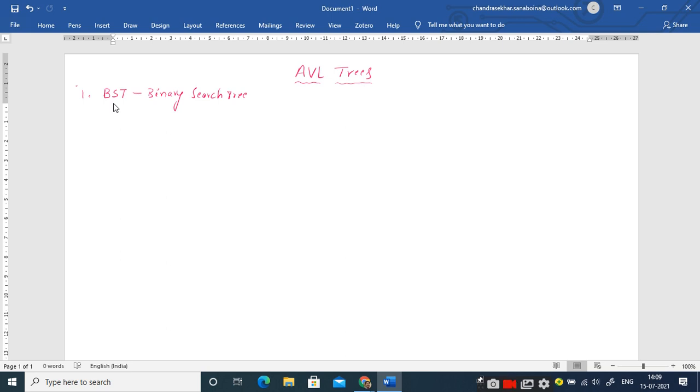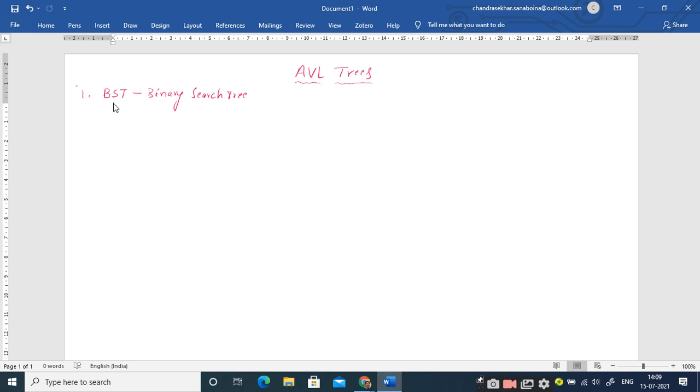And after that we will go to the disadvantage. We have discussed the disadvantage, where when we try to construct the binary search tree using strictly increasing order or strictly decreasing order elements, then we will end up creating a binary search tree which is a right skewed binary tree or a left skewed binary tree. The disadvantage of this particular binary search tree is that the complexity of various operations such as search, insertion and deletion is going to increase with respect to the height, right?